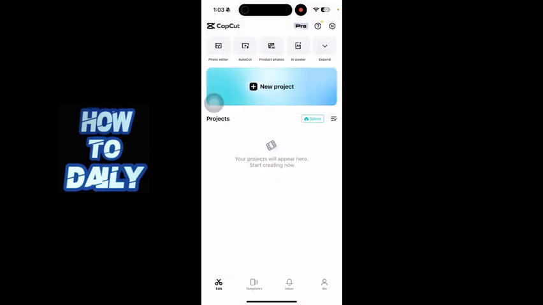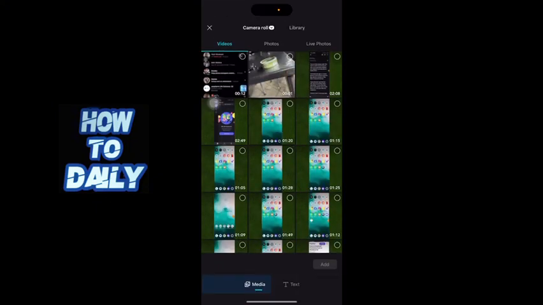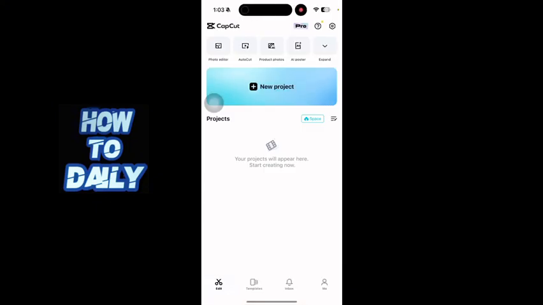So yeah, you just have to click on new project. By the way, the steps are gonna be pretty similar on a laptop or computer device as well, and an Android device as well. So just click on new project, or you can just click on photo editor in the top left corner,